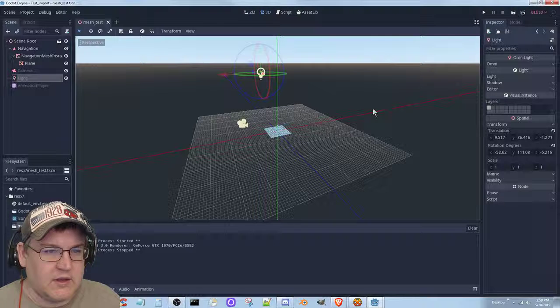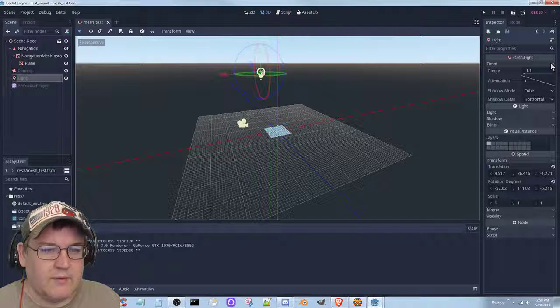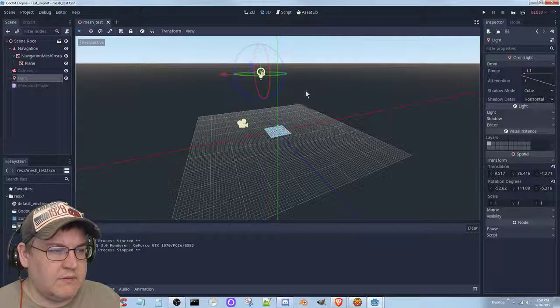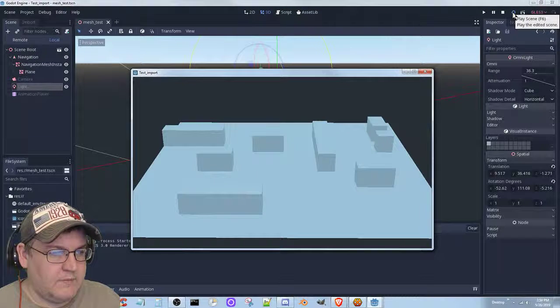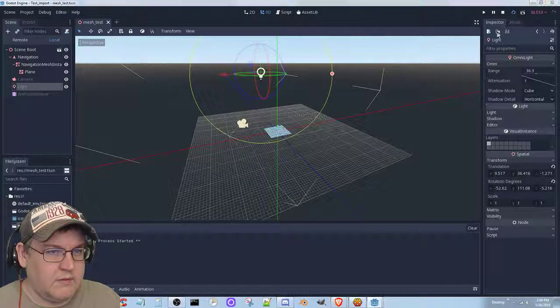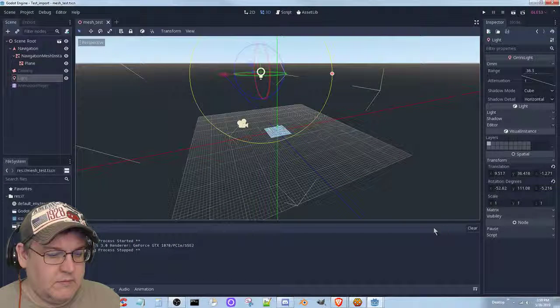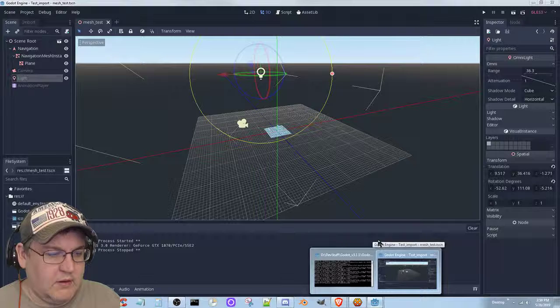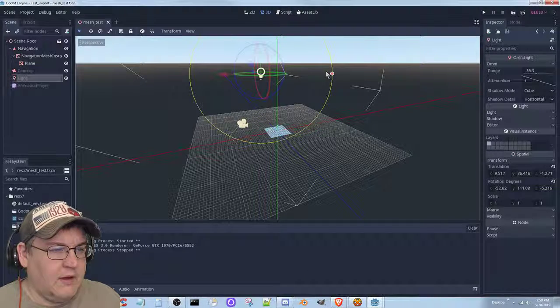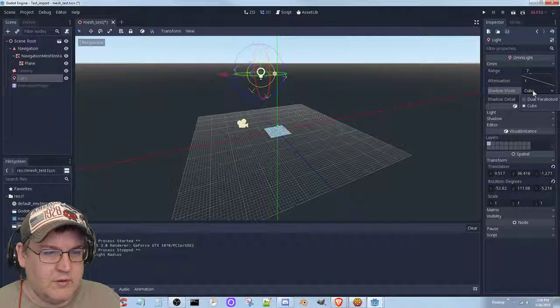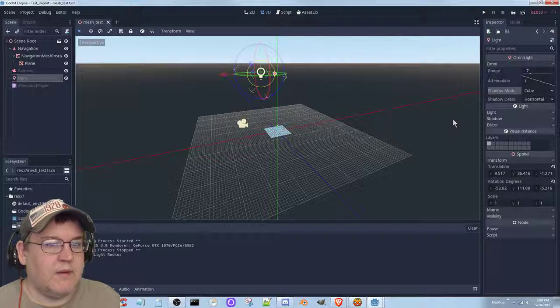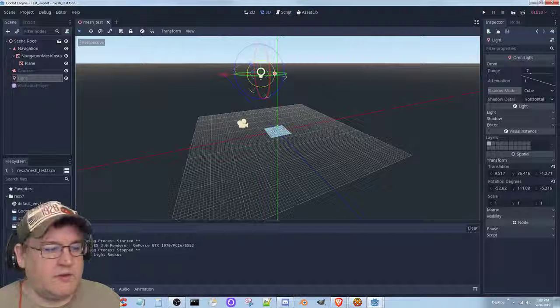It's like a sunlight or something. Omni range. Okay, so this doesn't really seem to make a difference, unless, okay, oop, what do I got here? Got it. Oh, that's just this. Okay. So this doesn't seem to make a difference. That's all right. Cube shadow mode. Okay, doesn't really matter. So in our next dealie, we'll see if